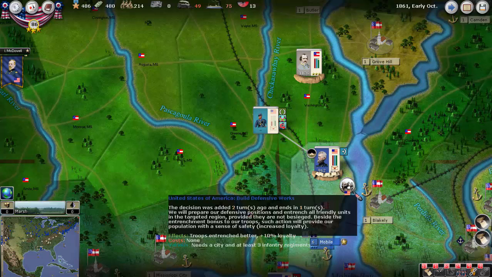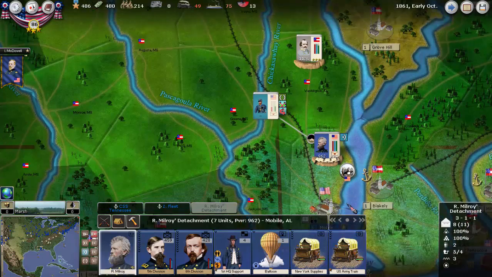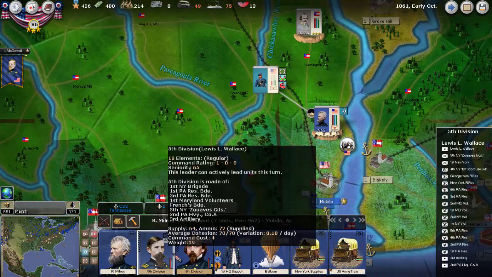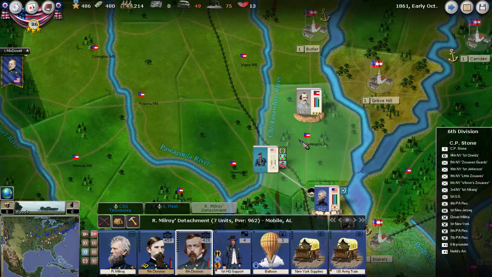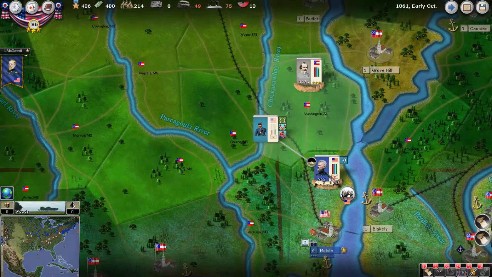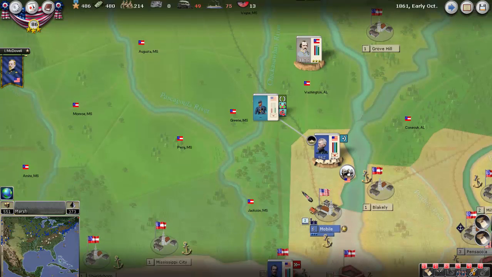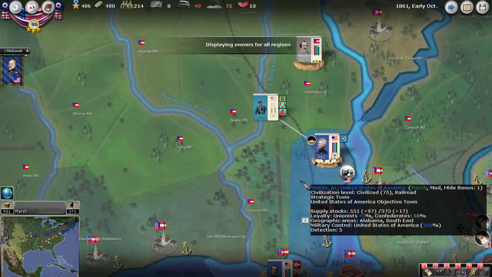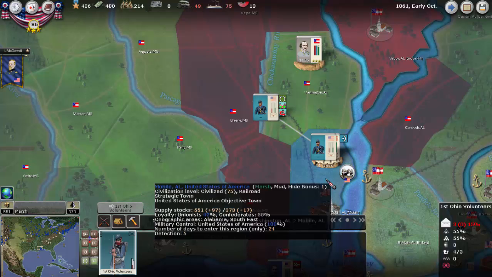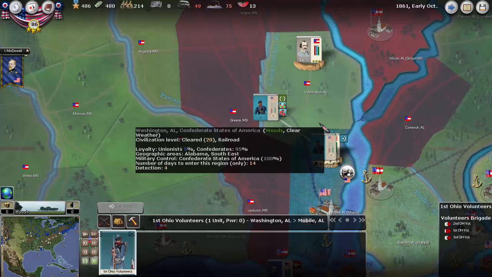All right, it's early October '61, and we can now form divisions. So I formed two divisions here in Mobile, Alabama, and here's the force that we are facing. There's actually now mud in Mobile, so it'll probably be difficult for the Confederates to get here on this turn. Our force is scheduled to arrive in 11 days, and this is the few regiments that were left over